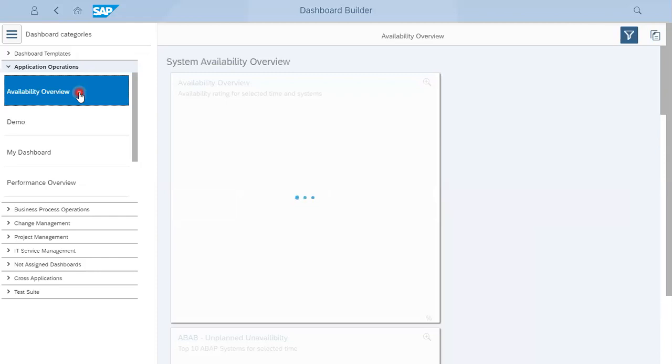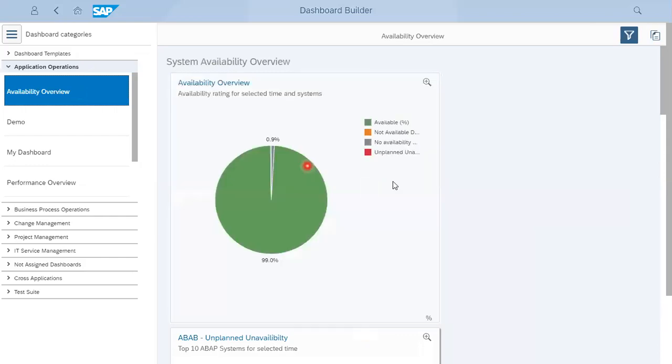availability overview. Let's wait for a couple of seconds, and this information will be visible here, what options we have in the availability overview in terms of available, planned, unplanned and all details. This is the availability overview.